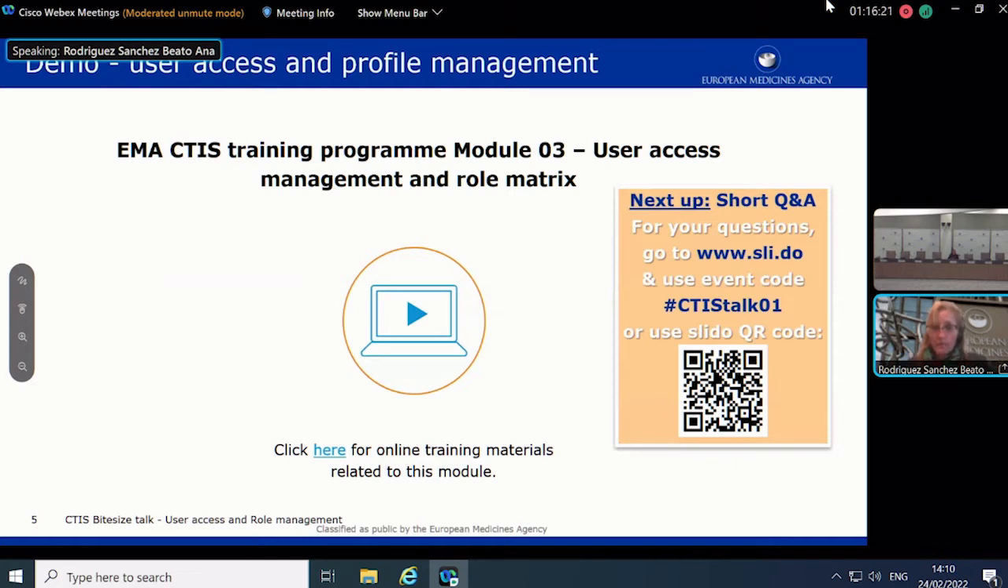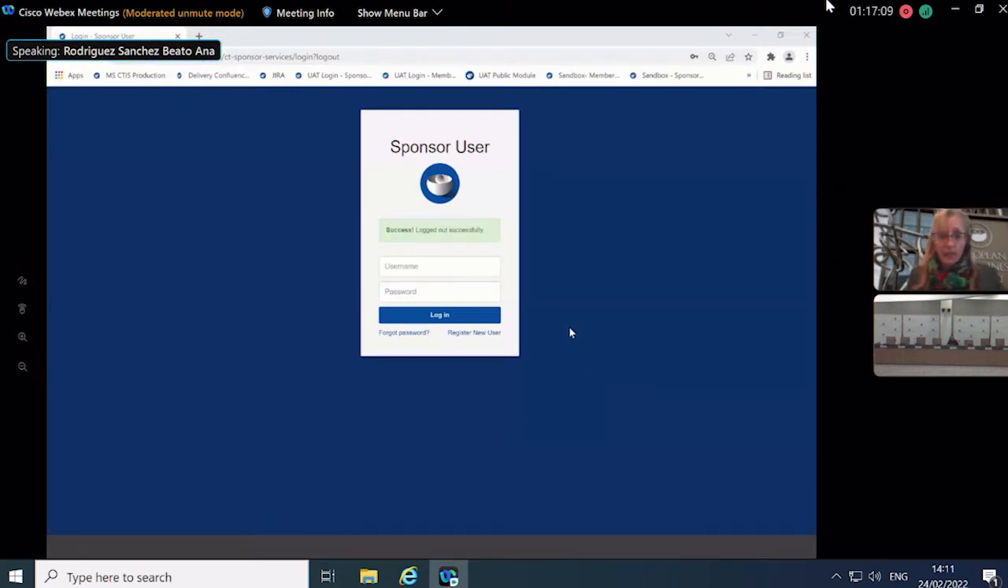So let me then stop sharing this presentation and then I will share the system. First of all, I'm going to show you how you can self-register. I'm logging in to our training environment. And as you can see here, when you go to the sponsor workspace where you are expected to work, as I indicated, you have this option, register new user. If I click here,